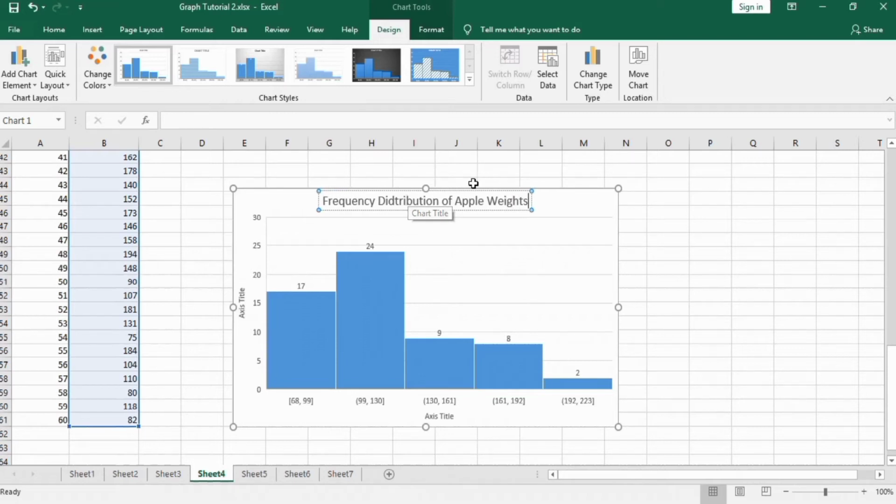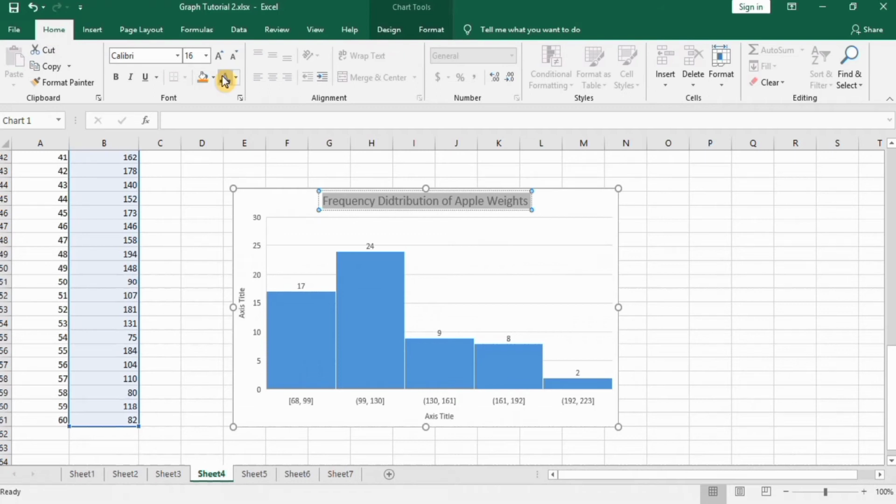Select this one, go to home, select black. There's a spelling mistake, distribution. Next format this axis, and it is the